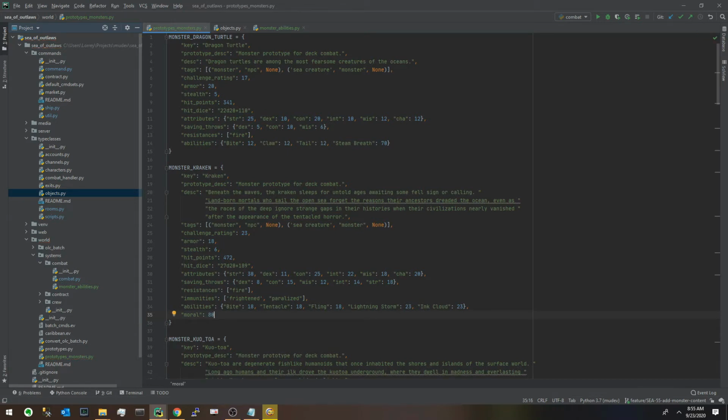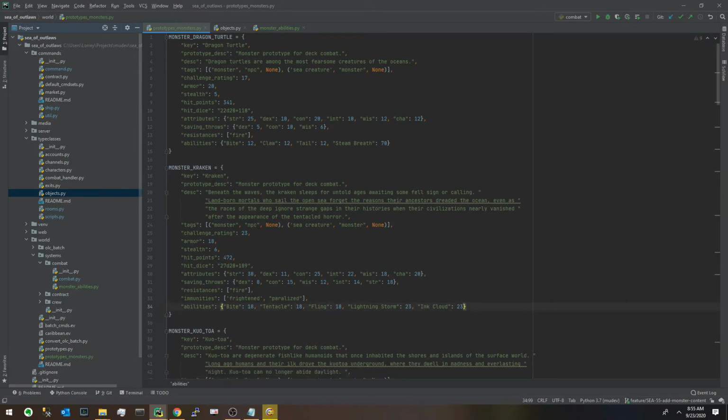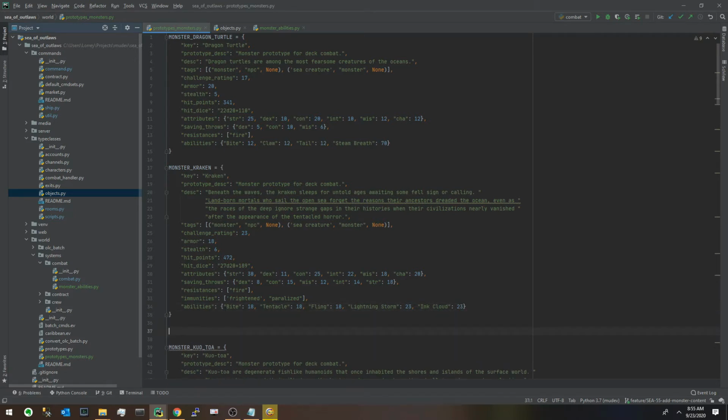The next time I load the Kraken in game, if I were to reload the game and spawn this, it'll have a morale attribute saved to it that's saved to the database. So it's really that easy to create things. If I want to create a weapon, let's just call it weapon sword of fire. To create a weapon, I can just give it a key name,